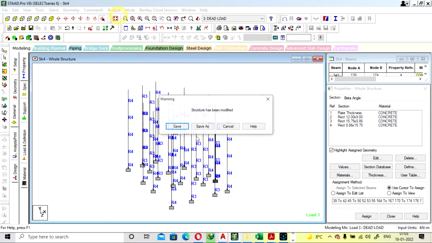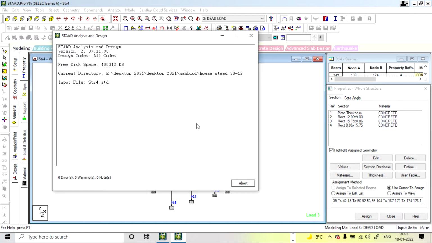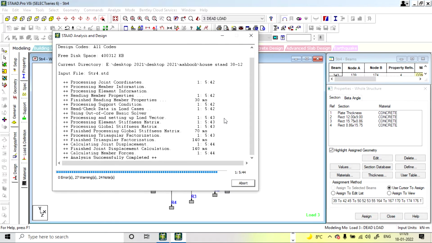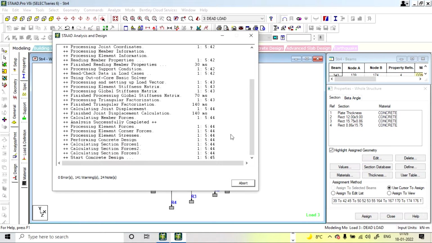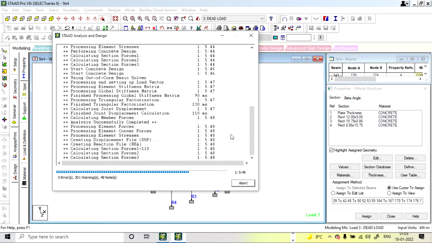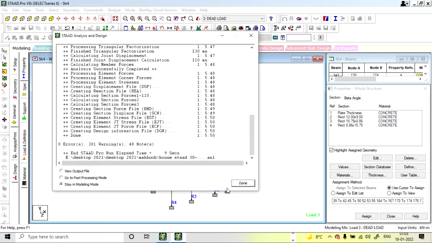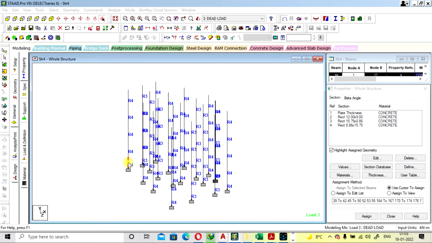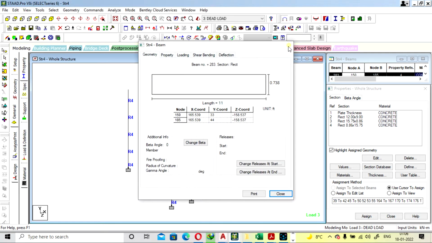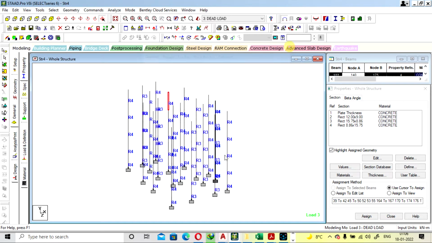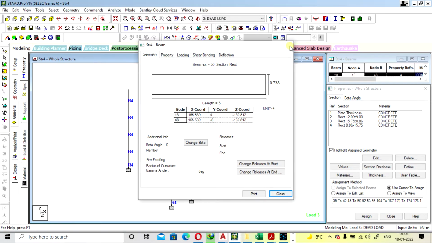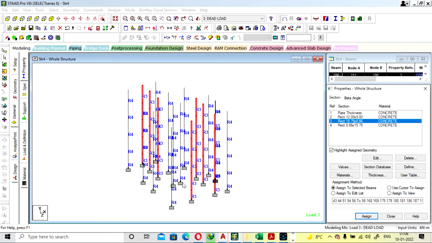Go with analyze and analyze, save. Done. Check the columns. Still it was saying failed. Again we have to increase the size.